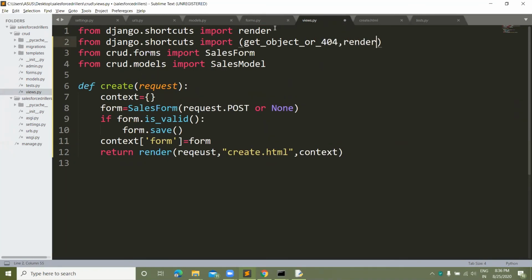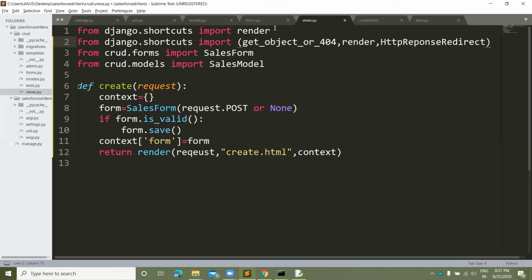So also importing the render and also import the HttpResponseRedirect. So HttpResponseRedirect. Okay guys,